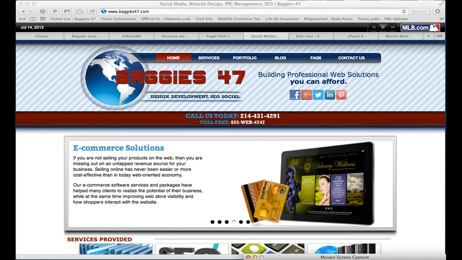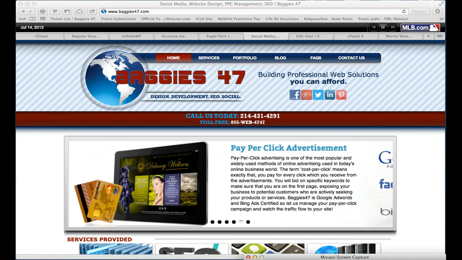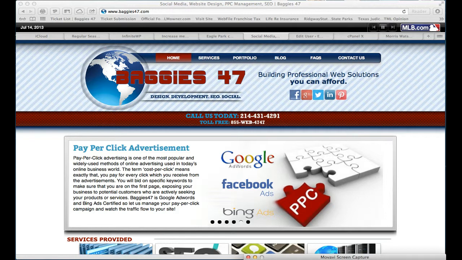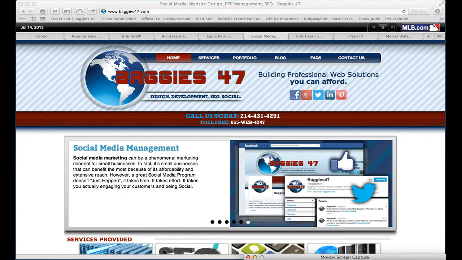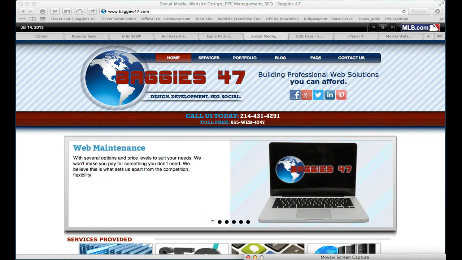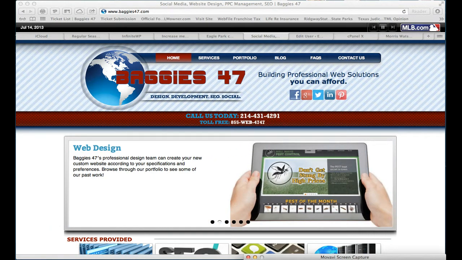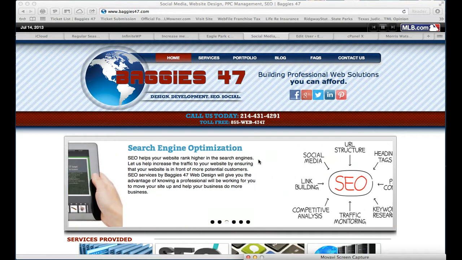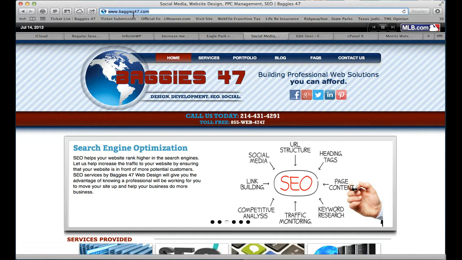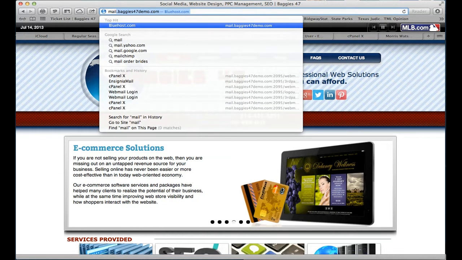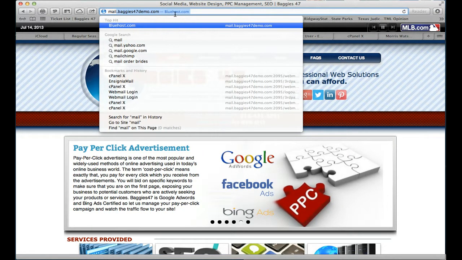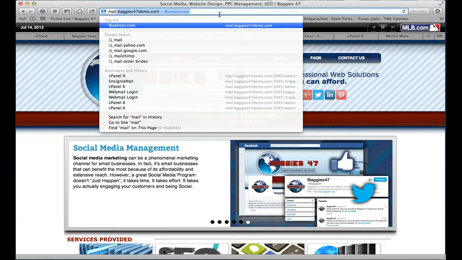Those devices can be set up to receive email, obviously, and those are things that we'll address in another tutorial. But if you're away from your phone, or you're away from being able to check your email any other way, you can go to any computer with internet access and check your email without a client or anything. The way we do this is we go up here to our browser and we type in the word mail, M-A-I-L, dot, and then the domain name of where your email is created. In our case, baggies47demo.com. You press enter,